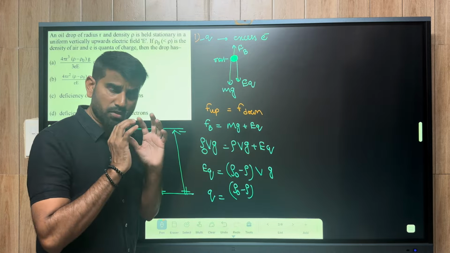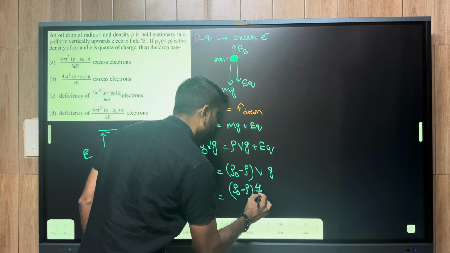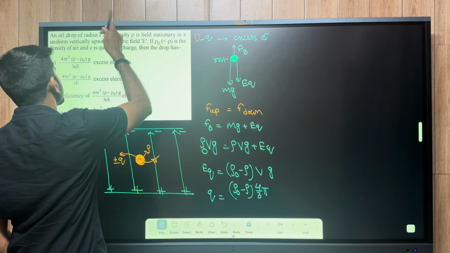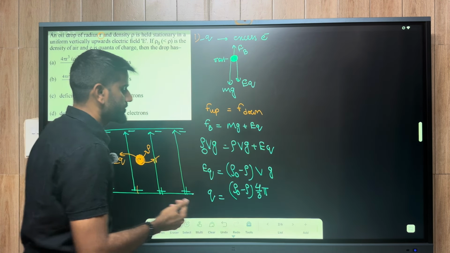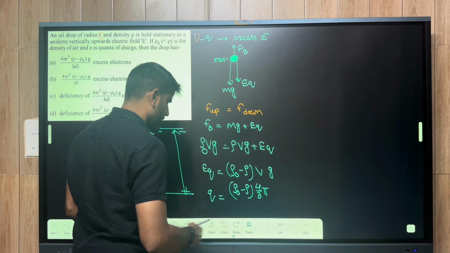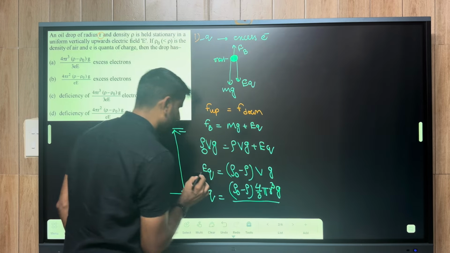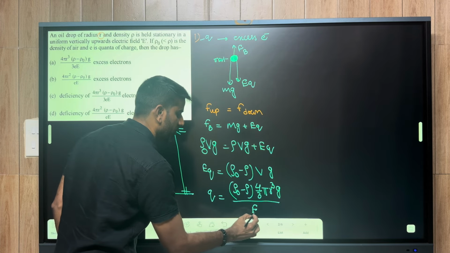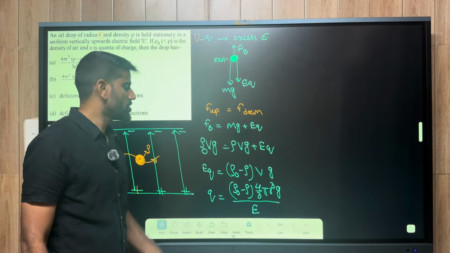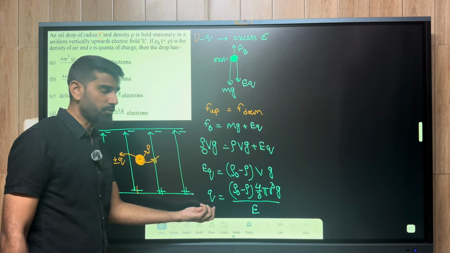The oil drop has a spherical shape, so its volume is 4 by 3 pi, and the radius of the oil drop is given as r. So 4 by 3 pi r cube, into G, divided by E, since E is taken to the denominator. Okay, right? Now this is the charge of the oil drop, so this charge must be negative,